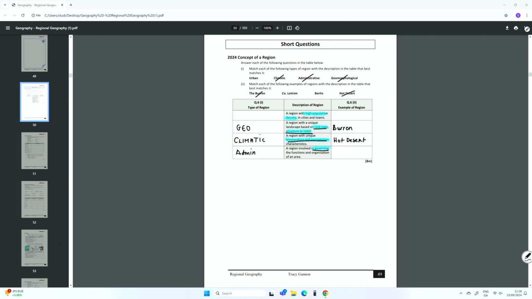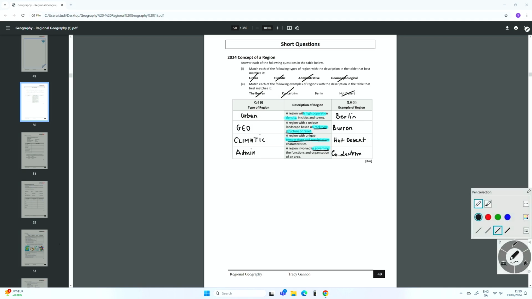And when I see the word county, for instance, County Leitrim, that's going to be an example of an administrative region, which leaves the urban, again, high population, cities and towns, and Berlin as my examples. Now, marking scheme wise for each of these very, very quickly, and make sure you always mark